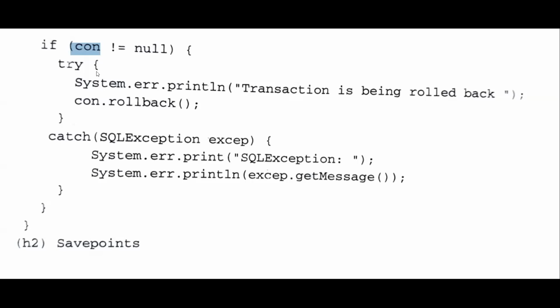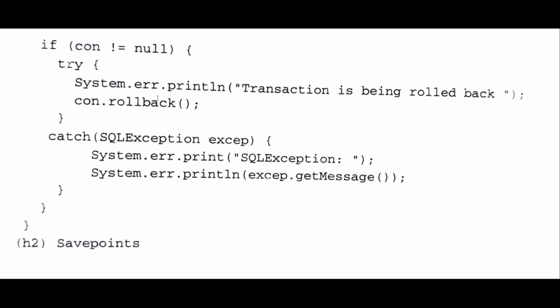If there is an exception in the execution of the query, then we have to roll back. So how to roll back? We use the rollback method: on the connection object, we call the rollback method. What does this rollback method do?